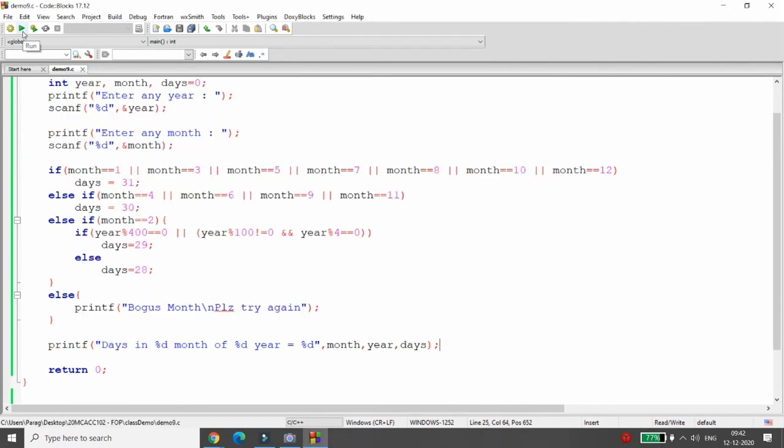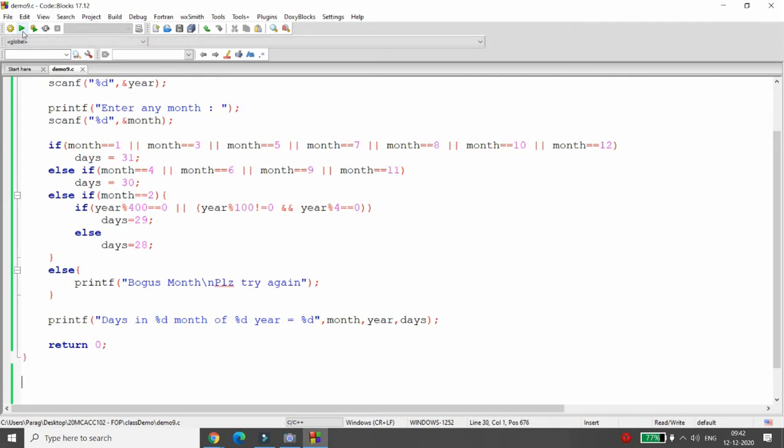So this is a very simple if condition, you can say, which contains the if else if as well as the nested if. What happened over here? Let me explain each and everything again. One more thing, students, if your if is having only one statement, then no need to write the curly braces, right?